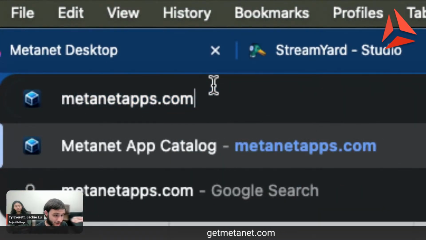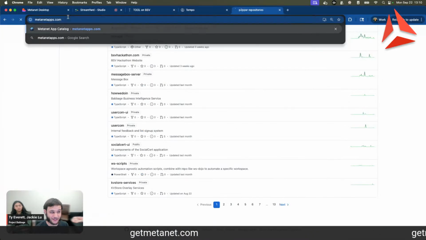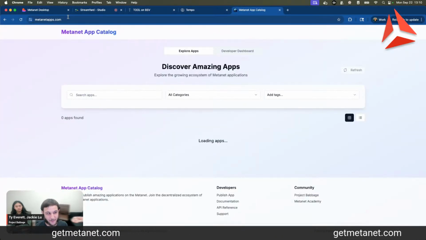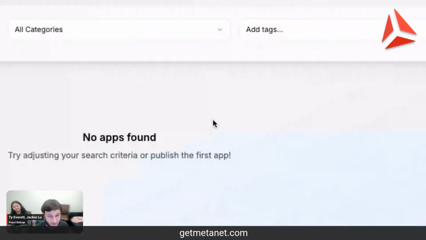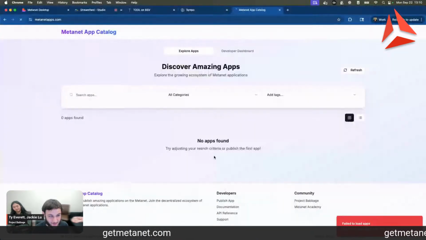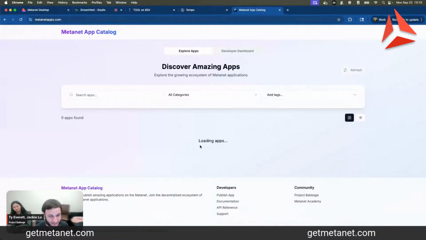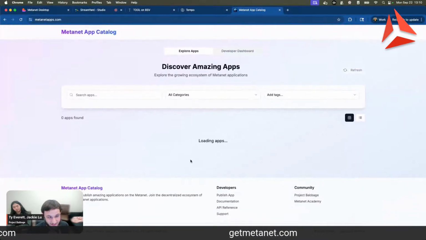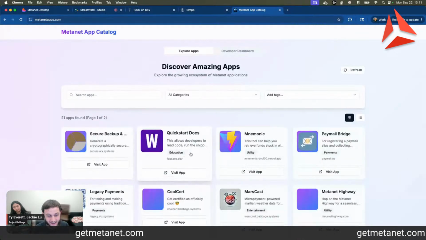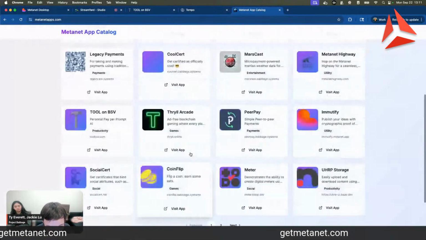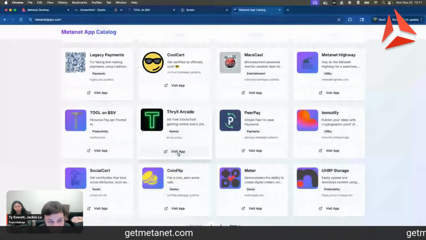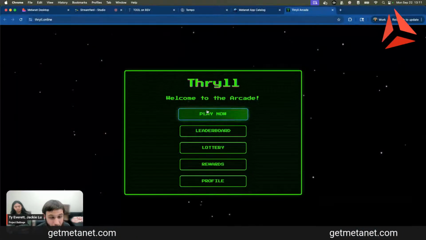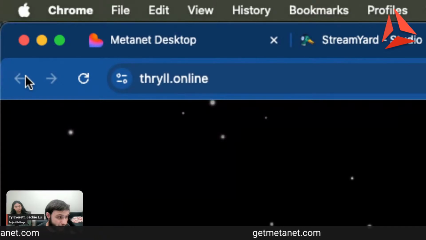If you want to check out some cool Metanet apps, you can go to metanetapps.com. This is going to be a little Metanet app store, basically allowing people to view a lot of the applications that are available. From Thrill Arcade, where you can play some fun online games from your computer, also created by the Calhoun brothers,